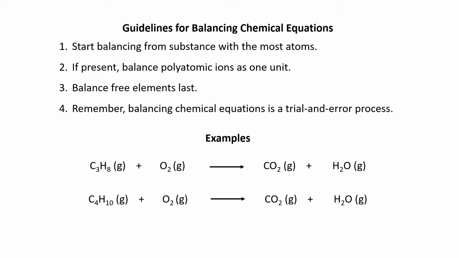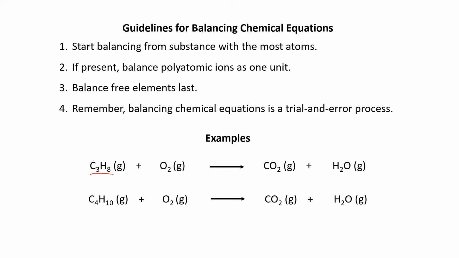And then the fourth thing is to remember this, that balancing chemical equations is a trial and error process. All right, so let's look at two examples here in which we balance the chemical equation, and definitely going to utilize the guidelines here. So here we have propane, C3H8,